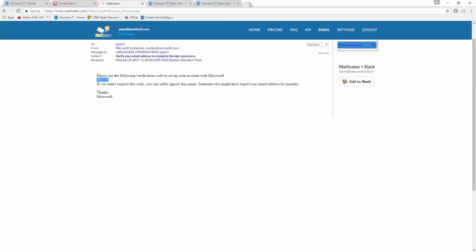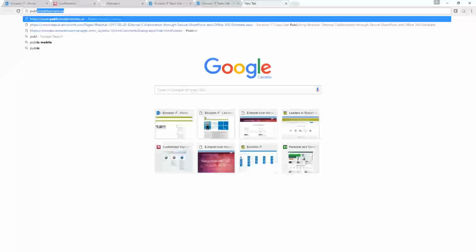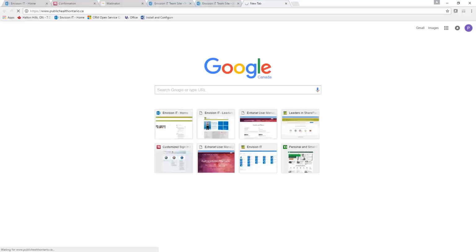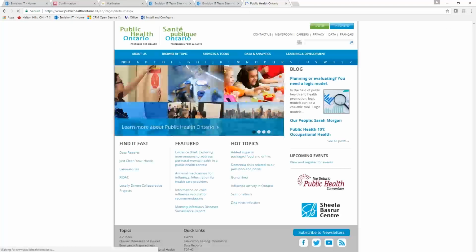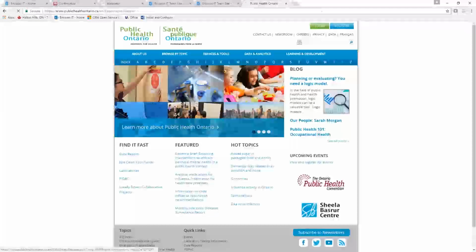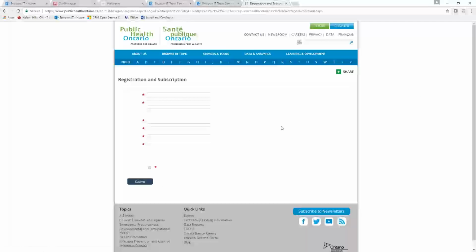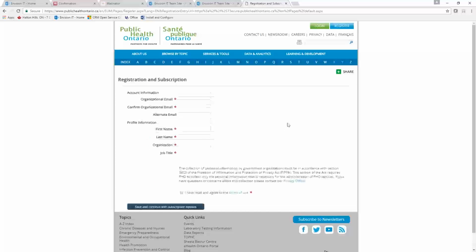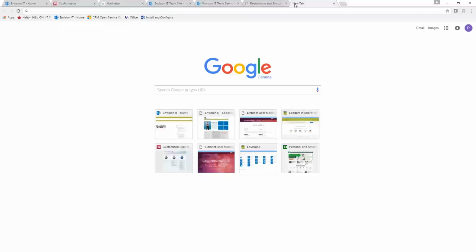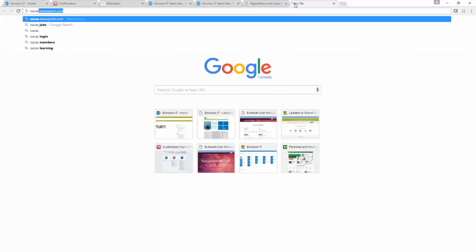The one that was up on the slide deck there was for Public Health Ontario. This is a public site. It's actually built on SharePoint 2010. If we come into the registration link here, we can see the registration fields associated with that. They've defined exactly what they want to appear here, and then when I save and continue, what the approval process is around that. If we go to another example, like the Ontario Association of Children's Aid Societies, they're a